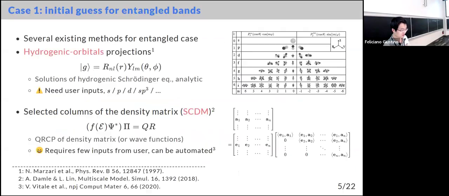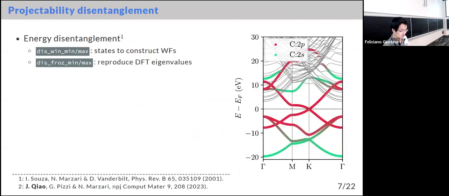We're not using an energy window, but rather we try to freeze the states with high projectability. That is the states that can be represented by localized orbitals. So we're not using an energy window, but selecting the states by, let's say, their color. If they have a color, then we construct Wannier functions from these states. So you get rid of the energy window. And this information is computed automatically, so you don't need to tune it. You can still tune it, but